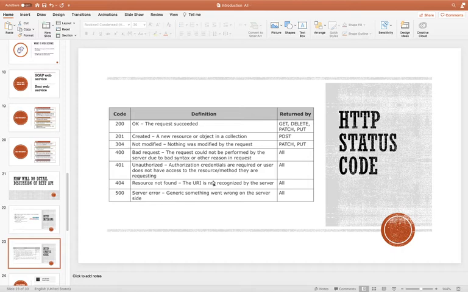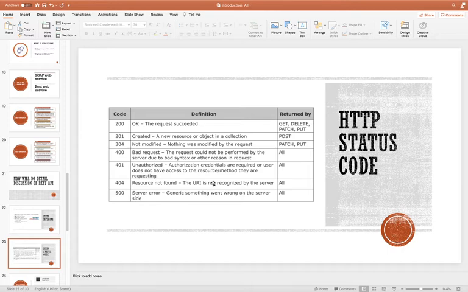For example, that API accepts JSON format of message and you are passing XML data. In that case, the API will respond with bad request, or maybe in the input of that API, a few fields are mandatory and you are not passing that mandatory field. In that case also you will get 400.